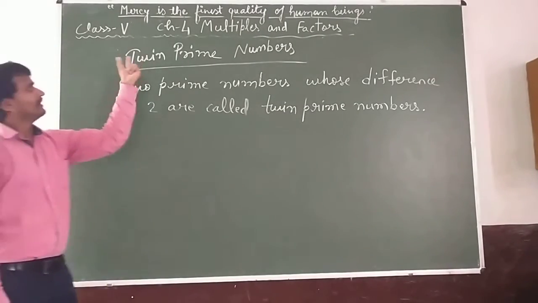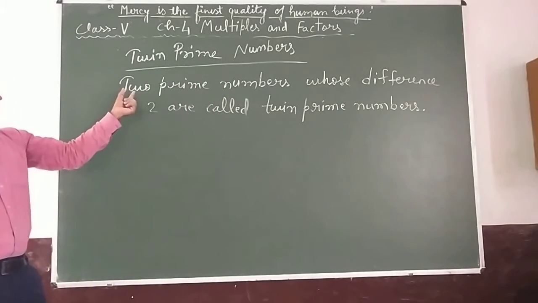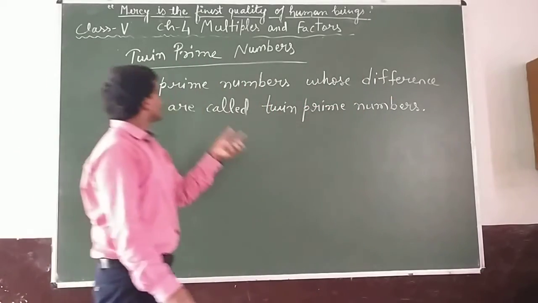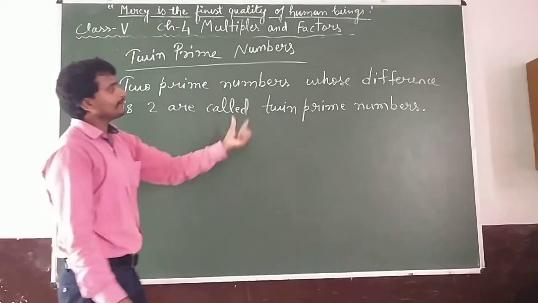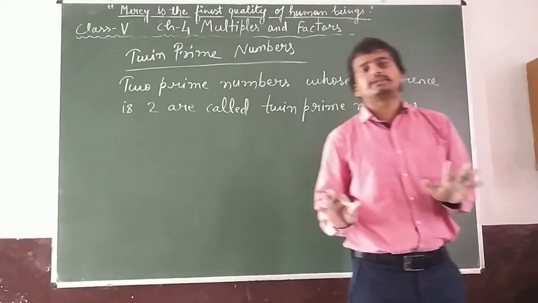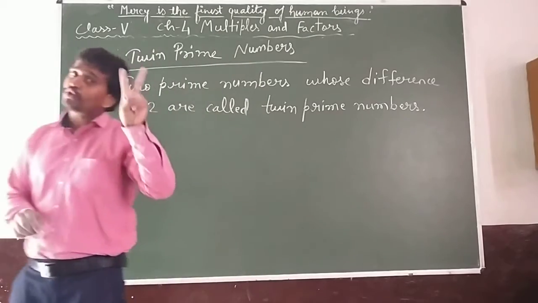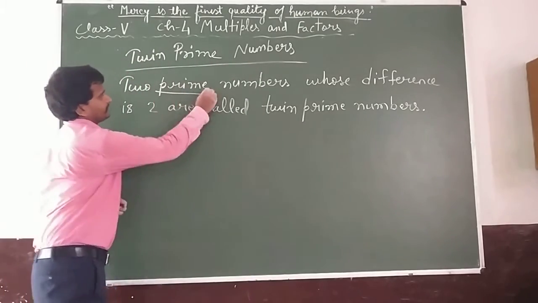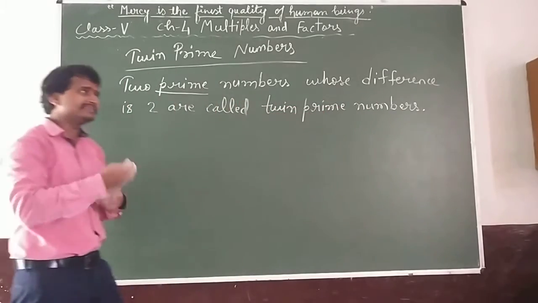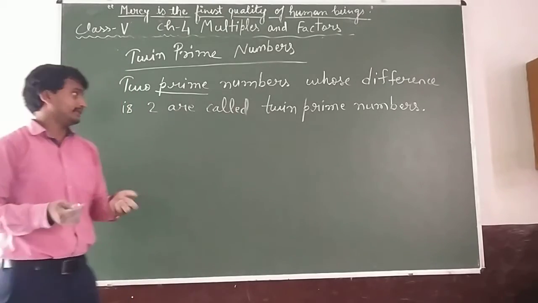Next heading is twin prime numbers. What are twin prime numbers? Two prime numbers whose difference is 2 are called twin prime numbers. Here it is a necessary condition, a compulsory condition, that we have two prime numbers. Both numbers should be prime and whose difference, that means gap between them, is 2, are called twin prime numbers. For example,